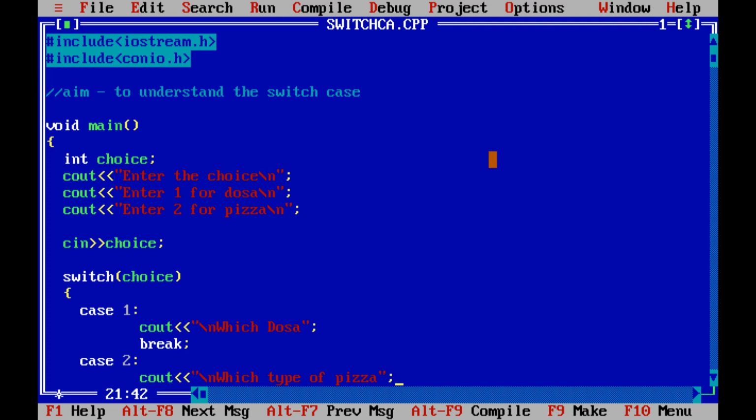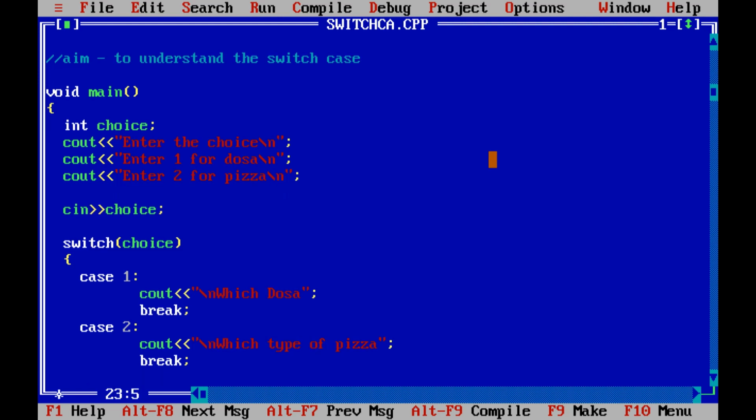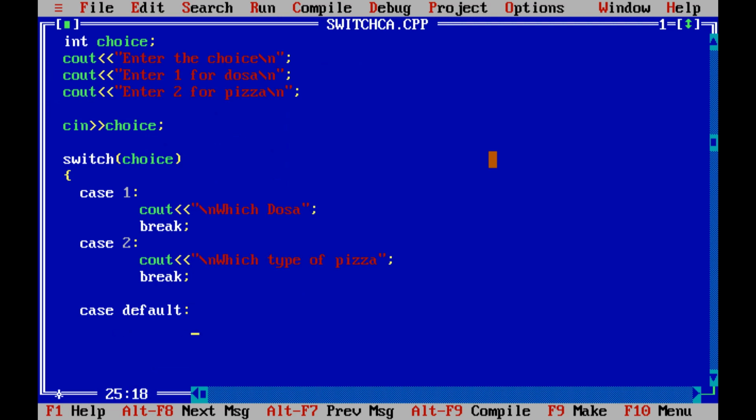Okay. So again you have to give break. Now there is also one case which is required, or you should write, that is a default case. Again, if you can see, the default is a keyword, right? It has turned to white color. And always remember, after giving case 1, it is a colon, not a semicolon, right? And case default is,